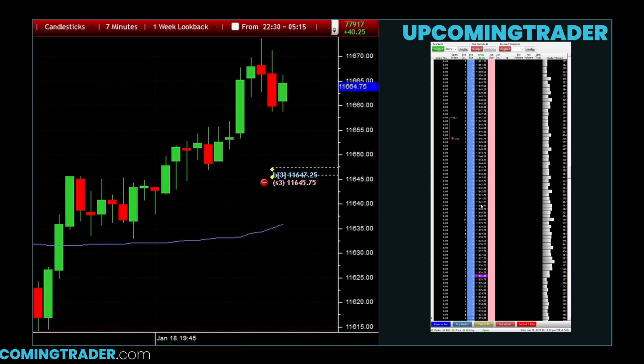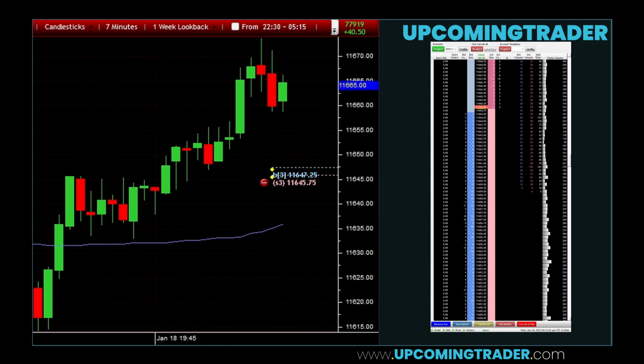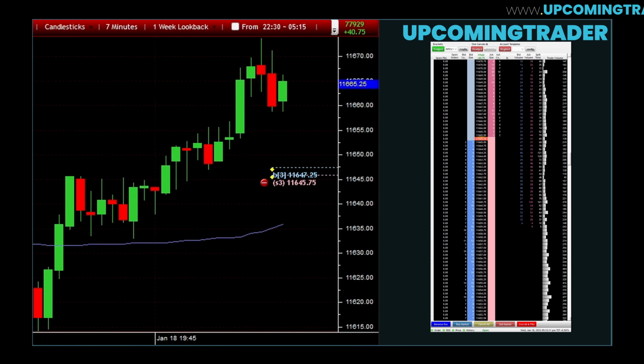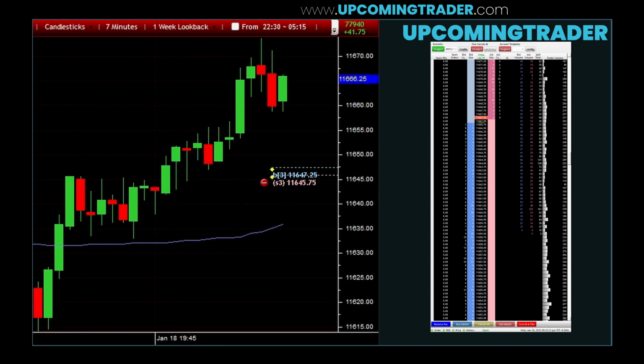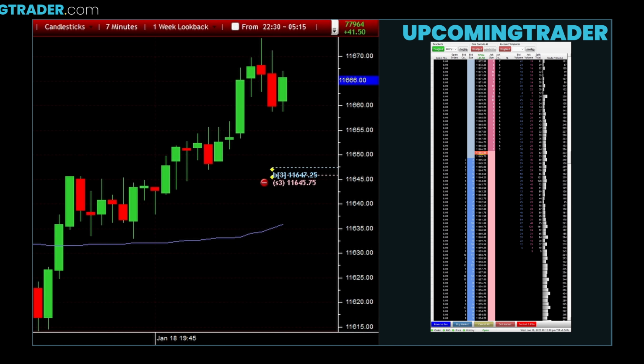For example, a double top forming just above the value area high can indicate that the market has reached an overbought state and is likely to reverse. This reversal could lead the price back down toward the value area, providing a potential short selling opportunity. On the flip side, if a double bottom forms just below the value area low, it suggests that the price might be oversold, and a move back up into the value area could be on the horizon, signaling a buying